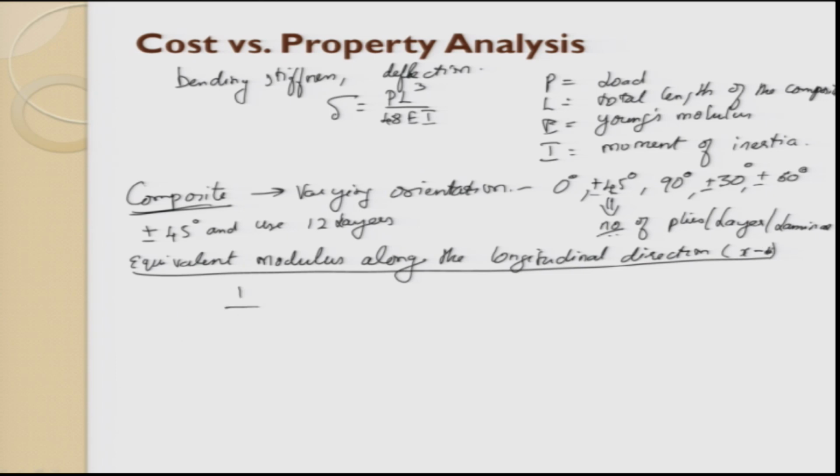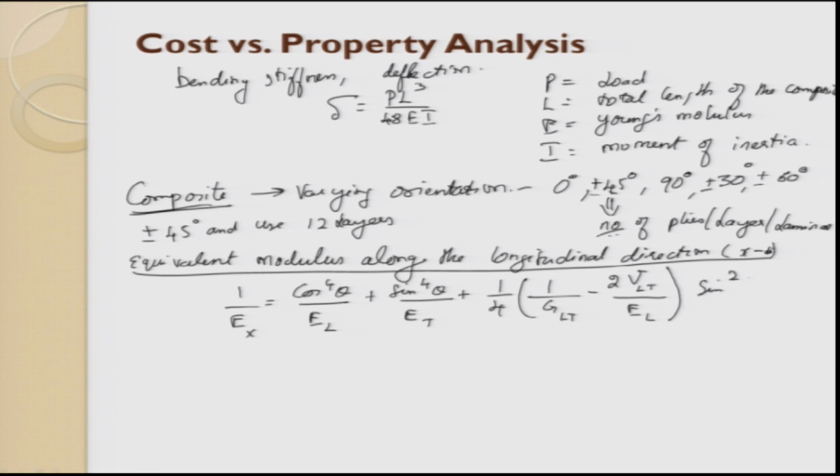The formula will be something like this: 1 by Ex equal to cos 4 theta divided by EL, plus sin 4 theta divided by ET, plus 1 by 4 times (1 by GLT minus 2 times Poisson's ratio VLT divided by EL) into sin square 2 theta,